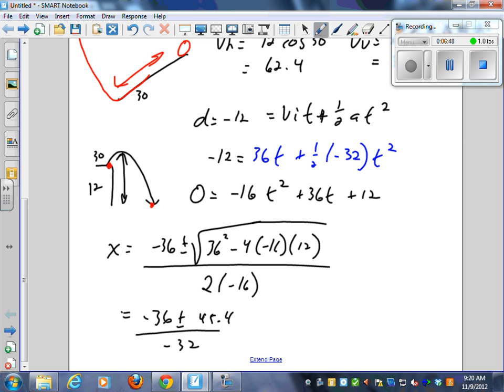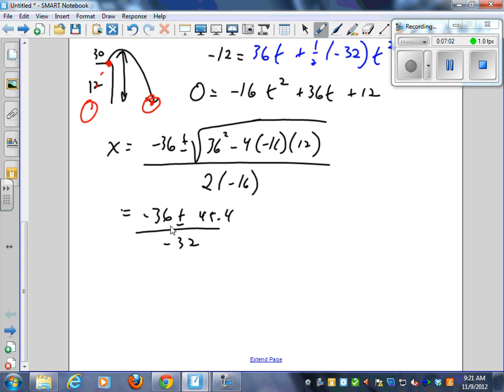Now, quite often in these situations, one of the times is going to be negative, because in reality, you're trying to find the zeros here, if you think about it mathematically, and it's not obviously going to be this one, right? So which one of the positive or negative is going to make this a negative time? Minus 36 minus 45 all over minus 32 is going to result in a positive number, right? Because I got a negative on the bottom. If I went minus 36 and then I added 45, I'm going to have positive on the top, negative on the bottom. That's going to give me that negative one. So it's going to have to be the subtraction one. If you want to do both and then just check, one of them is going to be negative. I know right away by looking at it that it's going to be the subtraction one that's going to work. So minus 36, subtract 45.4,